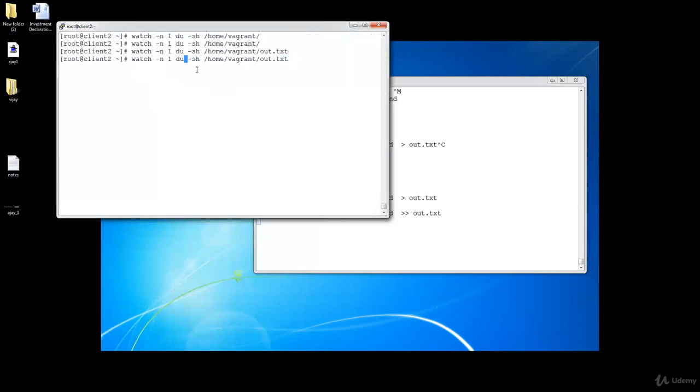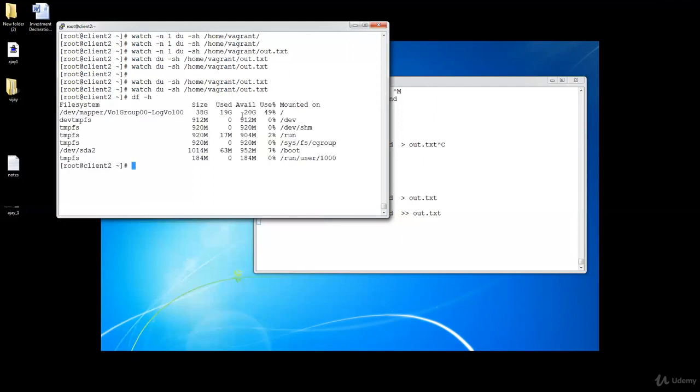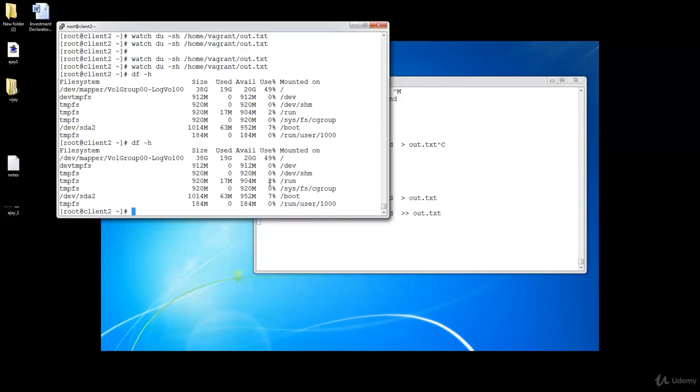And if we remove this hyphen n default option, let's try to monitor. It's consuming 12 GB, right? So in this way, we can monitor it with the help of the watch command. Now it's not going above 12. Let's run df -h. We can see that our used space has now become 49%, right? Because a 12 GB file has just been created.